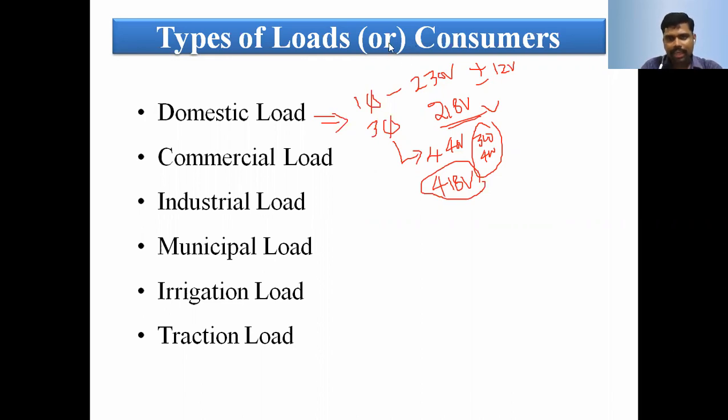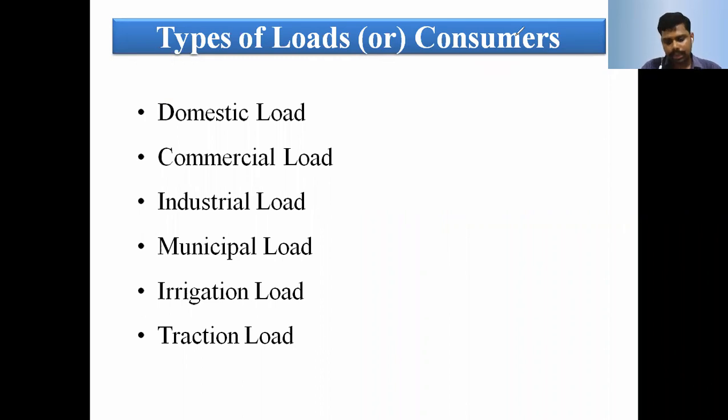Or else, practically we can measure it while running the experiments in the machines lab. Already we are doing a number of experiments on single phase as well as three phase. In the single phase system we are getting 218 volt, and in the three phase system we are getting 418 or 420 volt. For domestic load, generally we are using it for lighting purposes, that is light, fan, refrigerator, and AC. Maximum 80% take the single phase system, and 15 to 20% take the three phase connection.